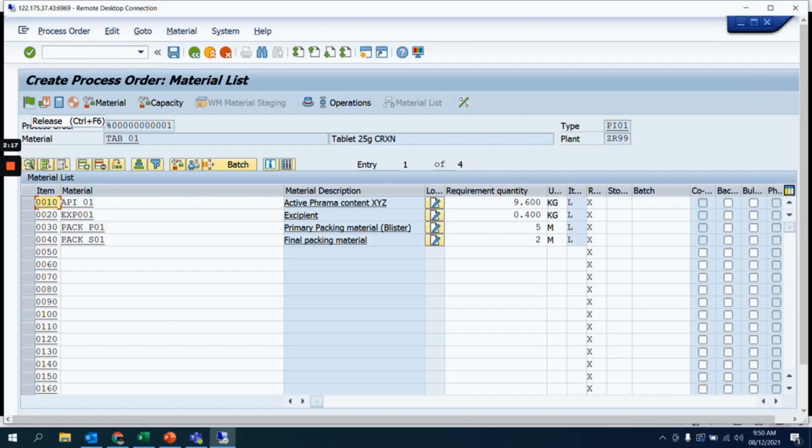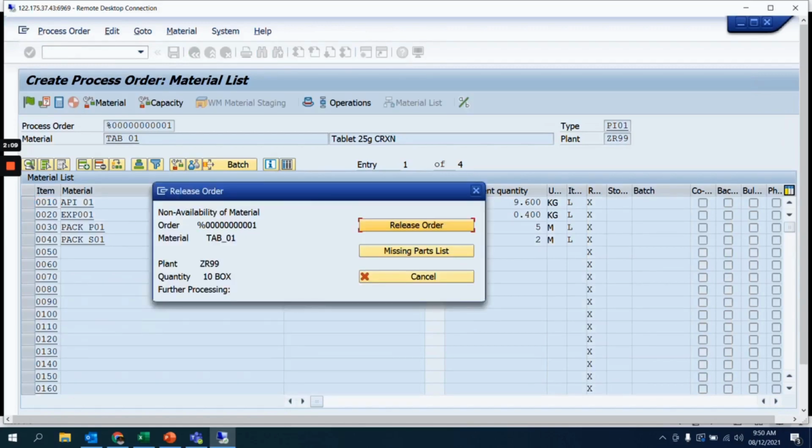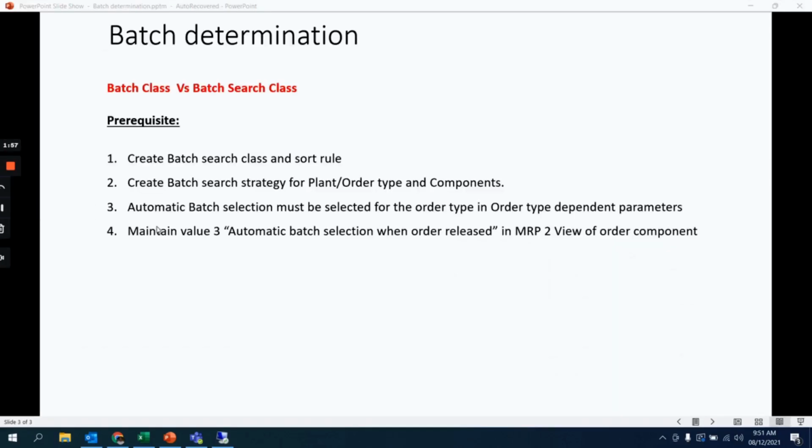At the time of release of the order, the system will automatically assign the batch based on the sort rule and sort strategy. Now you can see that the first batch, the earliest expiring batch, is assigned automatically to AP_01.